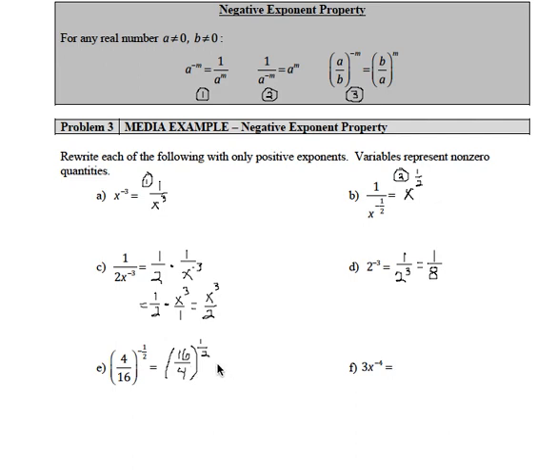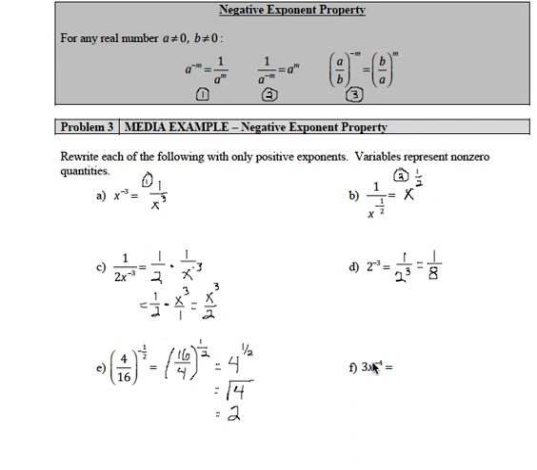Now to simplify, 16 divided by 4, I'm going to do the inside first, is 4 raised to the 1/2 power. And you may or may not know this yet, but the 1/2 power is equivalent to square root. We're going to spend some time on that in a later lesson, but for now, you could even punch it into your calculator, 4 to the 1/2 power,